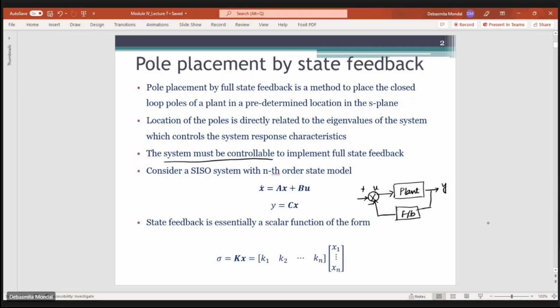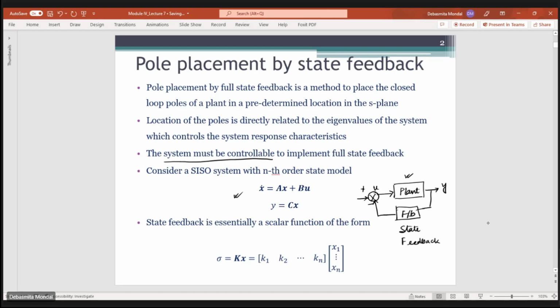Okay, so this is basically the equation which corresponds to the plant. Now we have provided one feedback. Let's say this is a state feedback. Essentially, you can express the state feedback in this form,